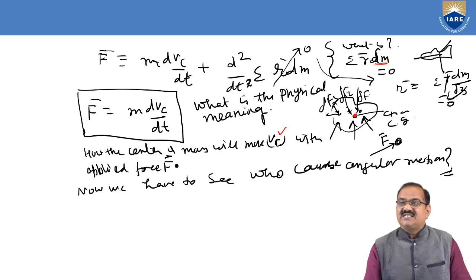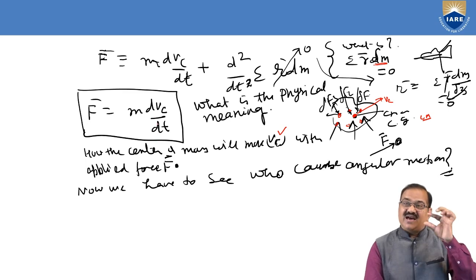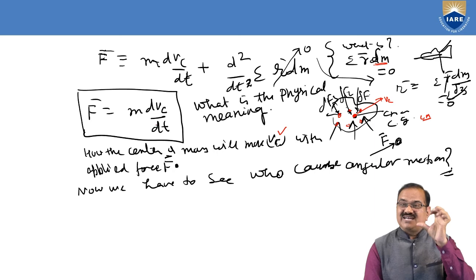So here there are so many masses. If these masses are made to work as one place, this is called the center of gravity or center of mass. So what is the speed of this? That is called Vc. Okay, so this Vc, here F = m dVc/dt, and this dVc/dt is an acceleration, and this acceleration we are calculating from the mass or center of the mass.